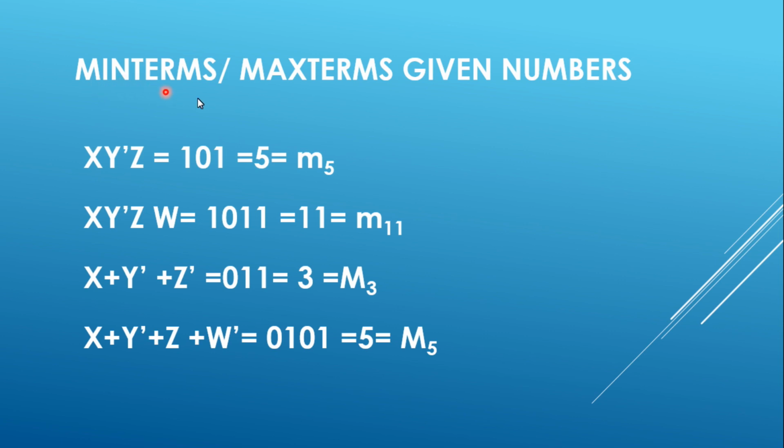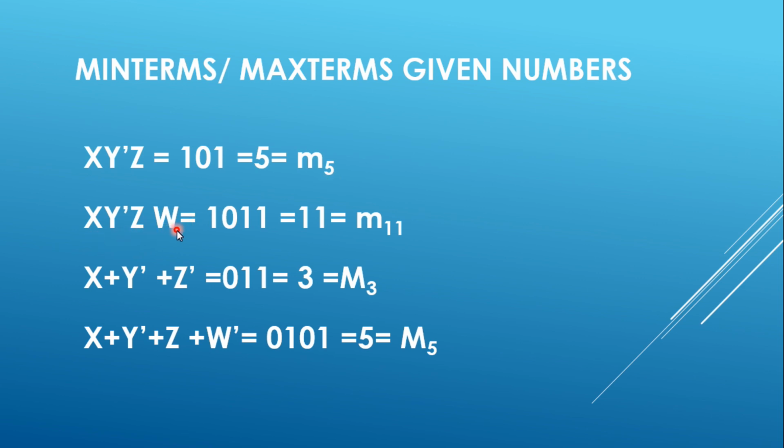Okay, now you can represent these min terms and max terms also by numbers. Earlier we saw we can represent them by variables, but we can also represent them using decimal numbers. First of all, supposing this is the min term x y bar z, correct? So x in binary form is 1, y bar means 0 and z is 1. So 1, 0, 1. In decimal form it will become 5. And a min term is represented with a small m, and 5 is its number, so it will be m5.